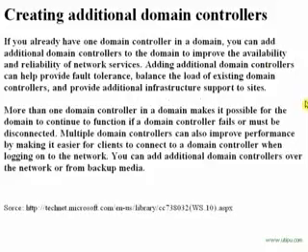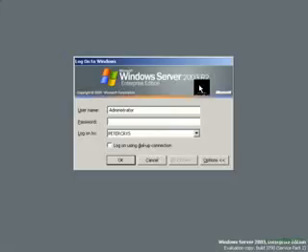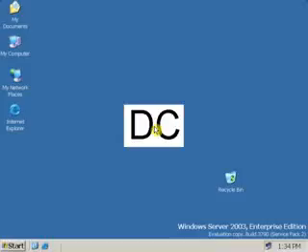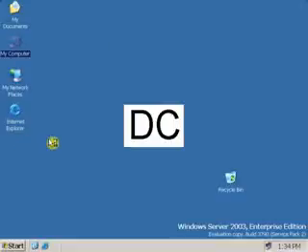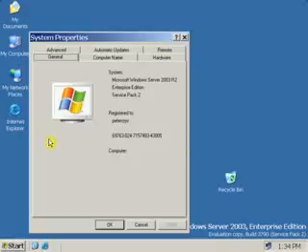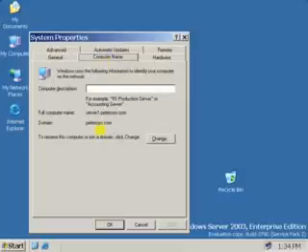Okay, before we start, let's see some important details. First, let's check out the domain controller, that is the DC. I'm logging into the DC. The first step is to check the domain name. To check the domain name, right click on My Computer and go to Properties, and click on Computer Name. As you can see, the full computer name is